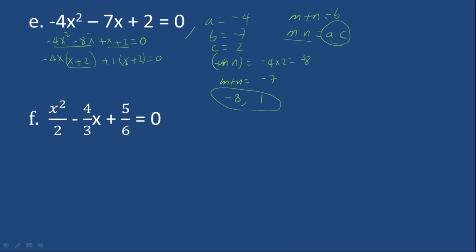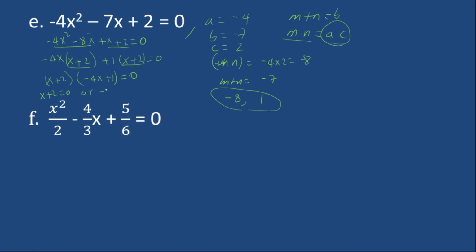Now we have another common factor, x plus 2, for both expressions. So x plus 2, the common factor, times minus 4x plus 1 is equal to 0. So the product of two numbers equal to 0 means either this one is 0 or this one is 0. So x plus 2 is equal to 0, or